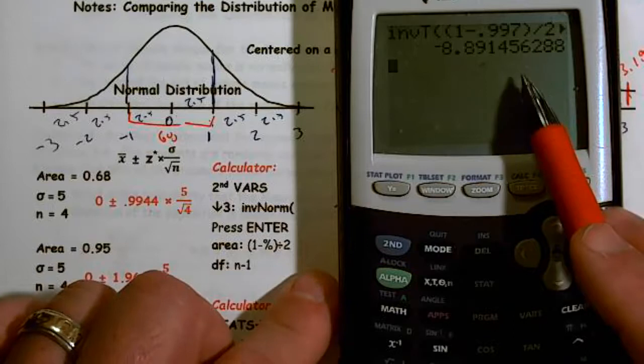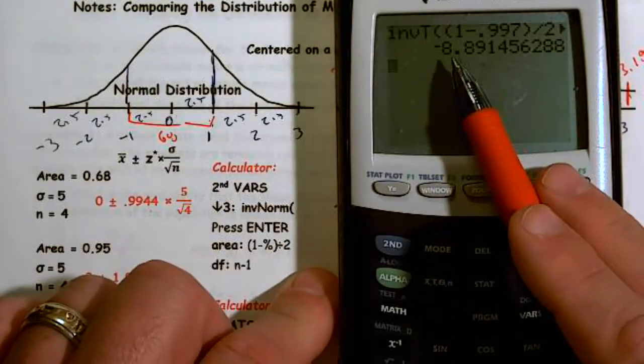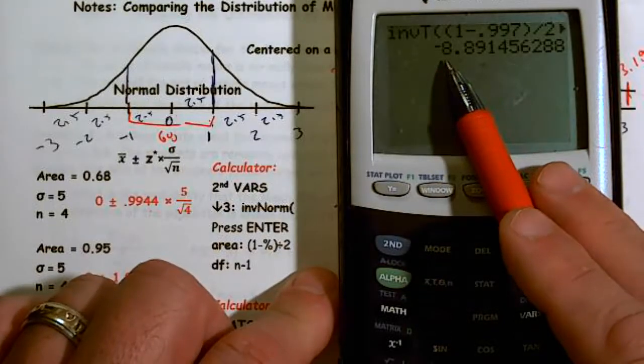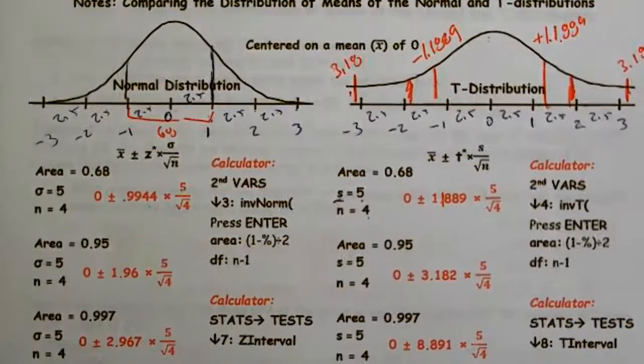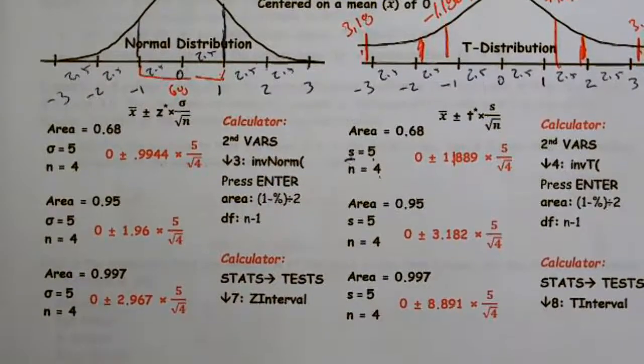And it's thinking about it. We find that we're almost 9 standard deviations below and 9 standard deviations above. So you can see that the t distribution is substantially more spread out. All right. Now,